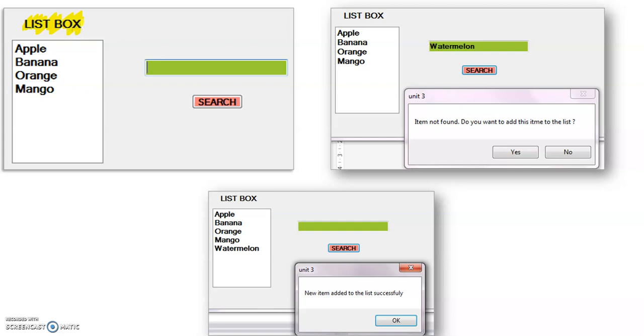In this list box we have 4 items: apple, banana, orange and mango. You can add these using the items property and then the collection, same as the combo box. Then here we have one text box and one button.